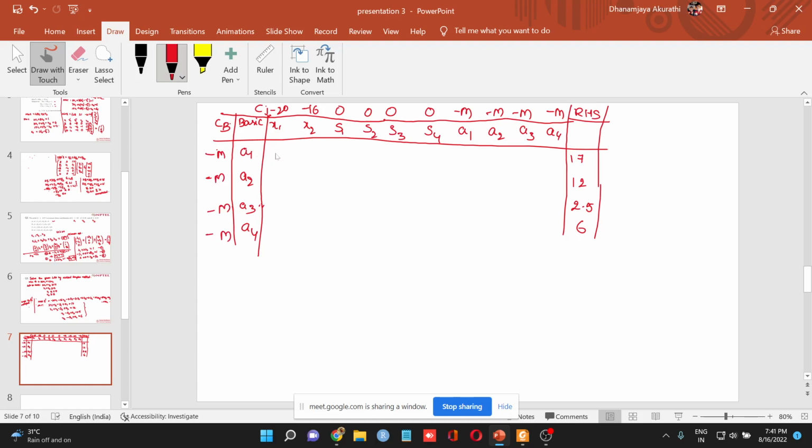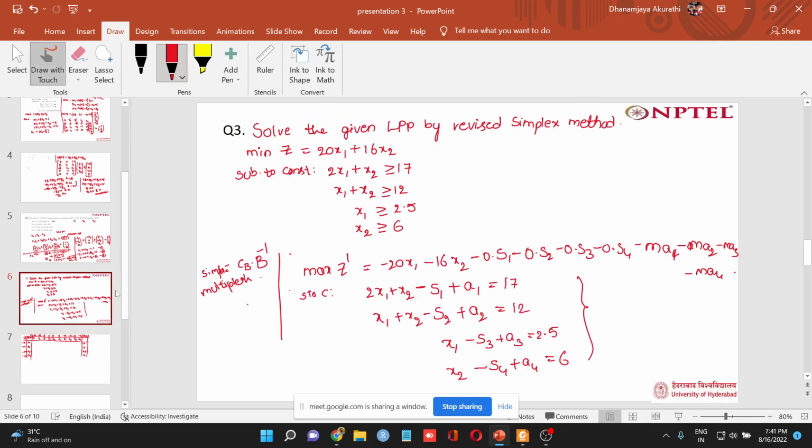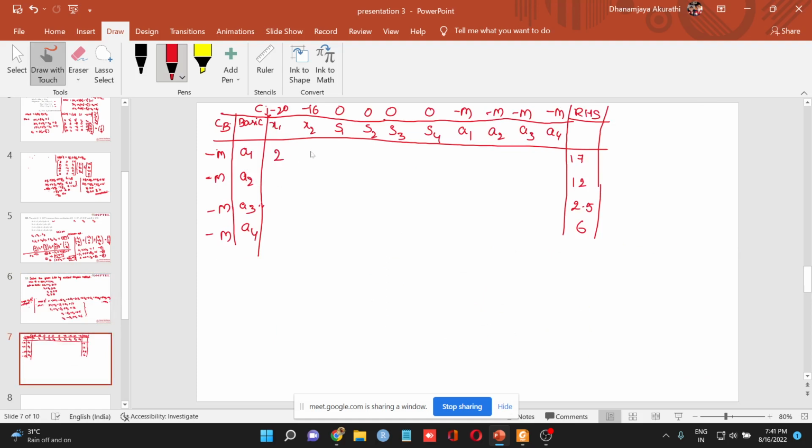Here, in the first row, the entries are 2, minus 1. For x1 2, x2 minus 1 and s1 minus 1, and all remaining are 0, I guess, right? And in the next equation,